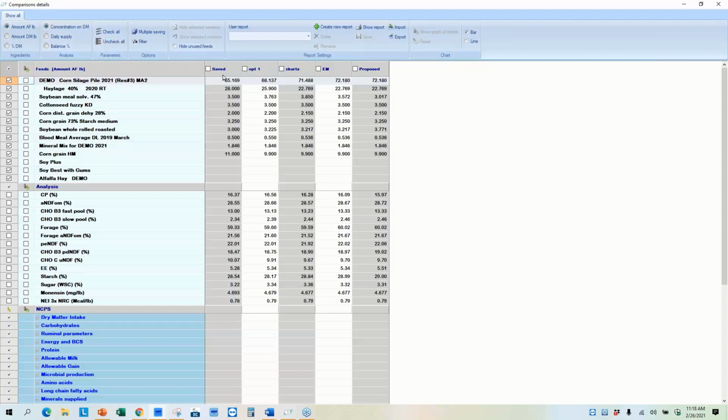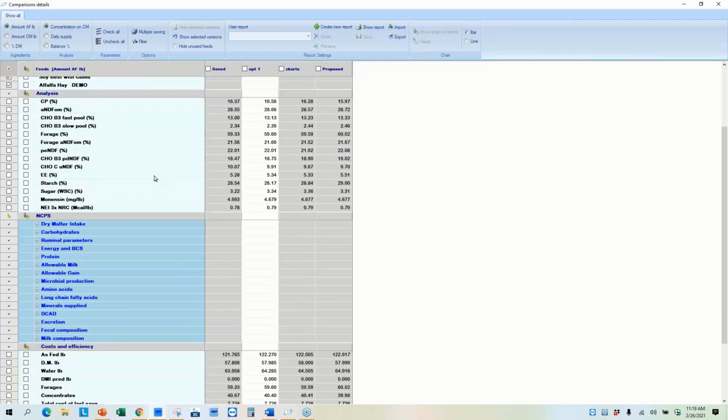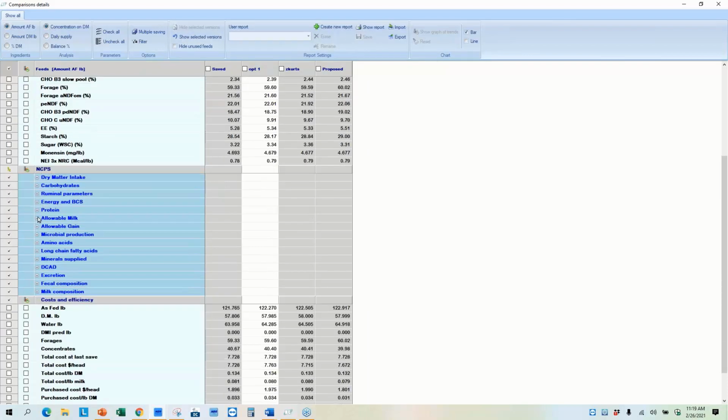Looking at this, it was so fun to put in a present diet of a farm and then your next decision, or 2 forage changes and an idea of what was going on at the dairy. But now we have all of those proposed feeds or rations. I didn't like Emiliano's, so I am highlighting it, and then I'm going to hide selected versions. And so this is just such a powerful little sheet